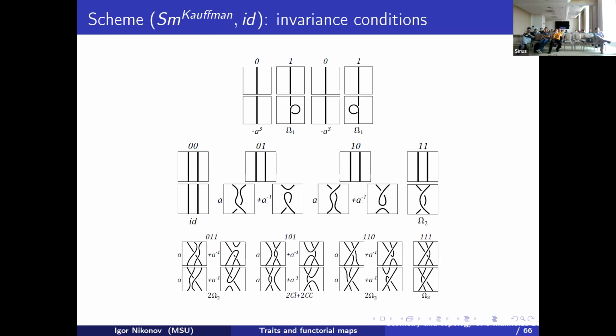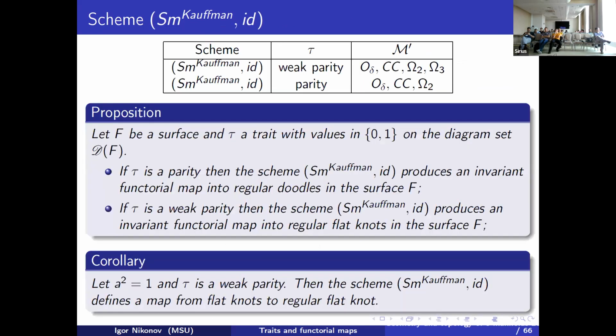When we consider Kauffman smoothing, then we have the following configurations, and there are two cases when we get an invariant. The first one was described by Manturov. He required that the trait is a parity, and in this case, the result will be a diagram in knot theory